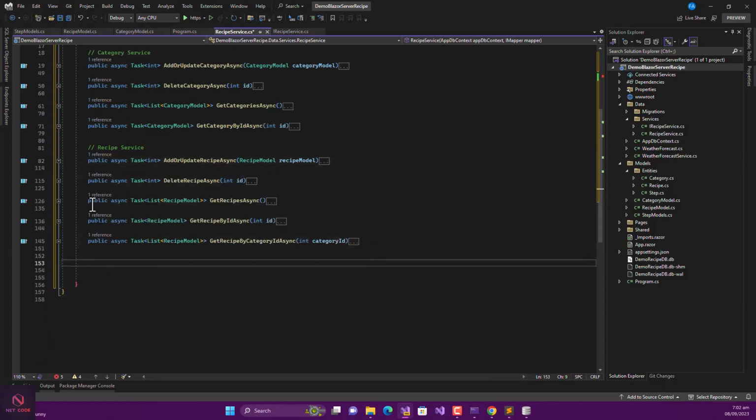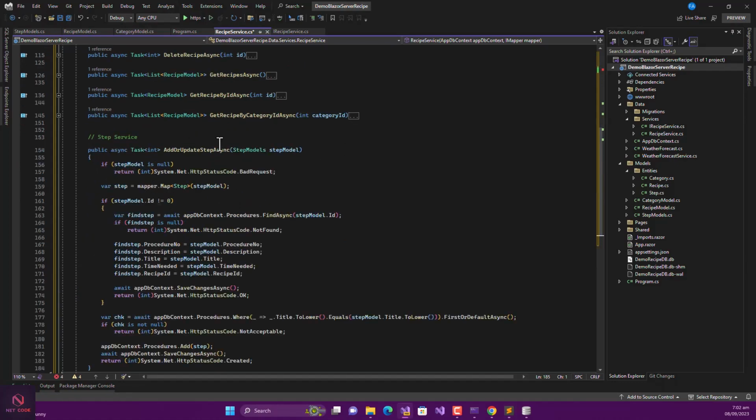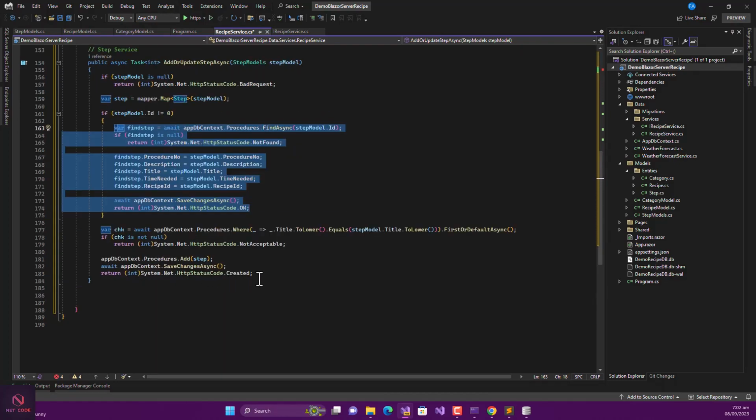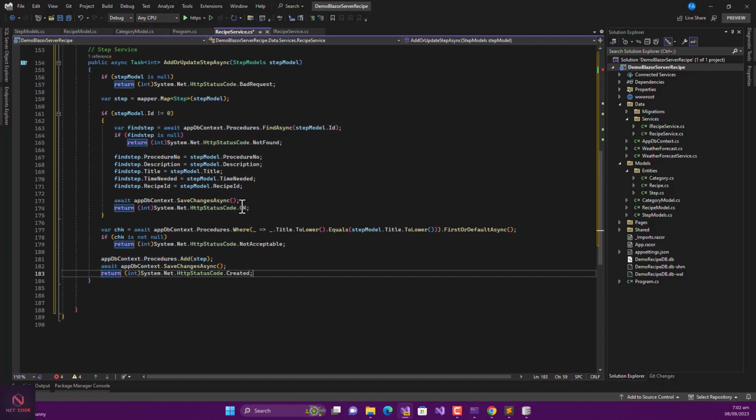So with the step service, we are also doing exactly the same thing as we've done for the two previous models or services. So here too, we are checking. We want to add or update step async. We do the same thing from here, as you can see. So reading it yourself, you map it, we check it over here. Then if it is greater than 0, update. If it is less, then save it and return the various status codes, as you can see from here,